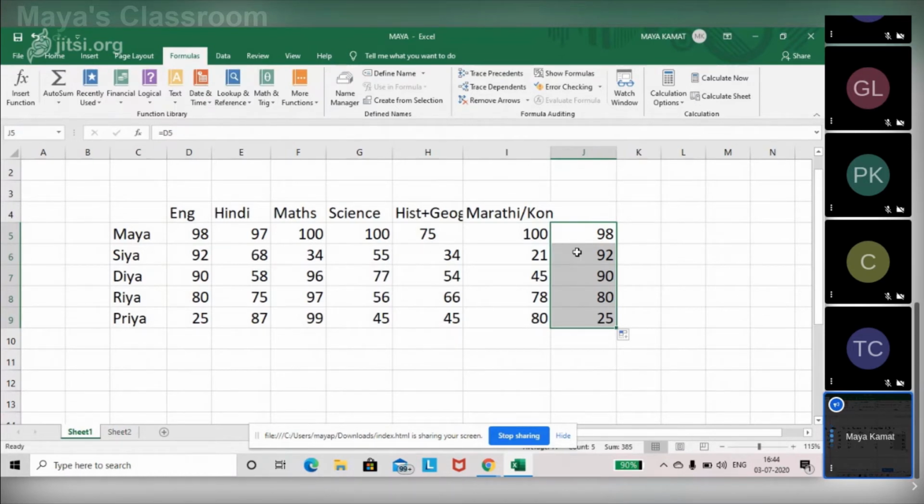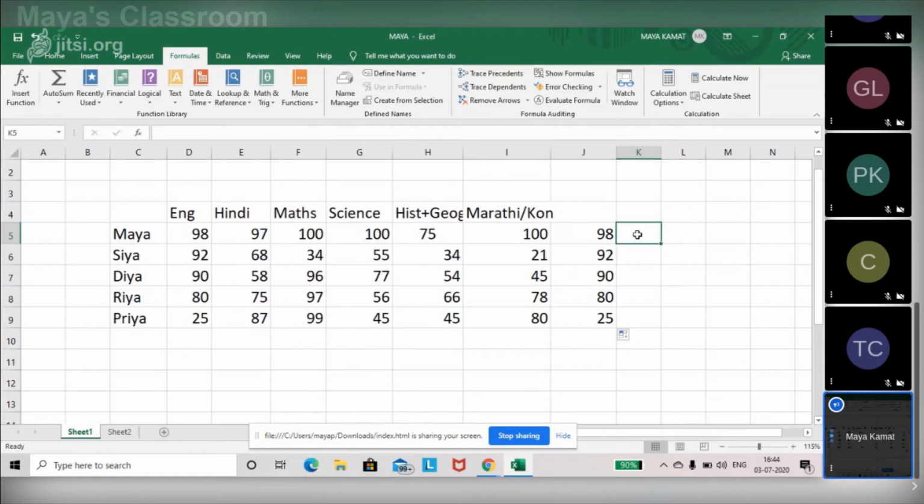If you have noticed, in every cell the corresponding D column entries are copied. Over here it should be D7, over here D8, and over here data from D9. Fine. If you notice in the formula bar, it is showing you equal to D5. Now, if I am trying to make use of absolute referencing or relative referencing, you have to understand the basics, that is, what is relative referencing first.